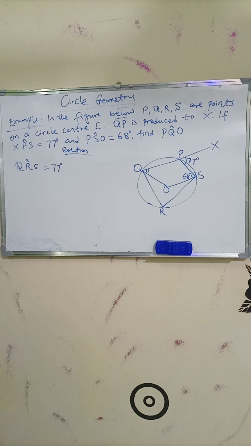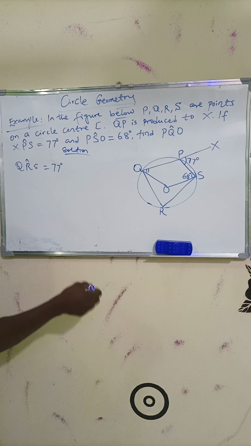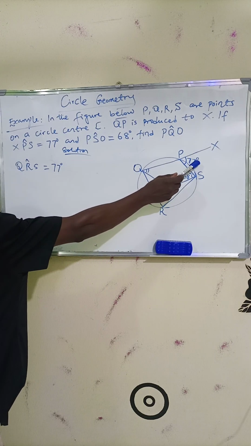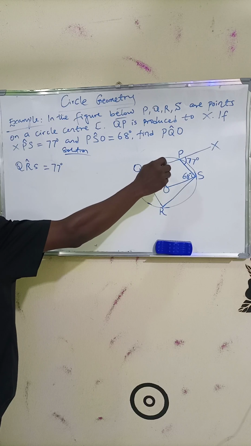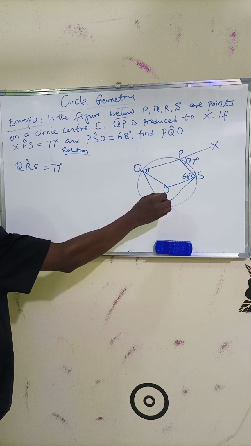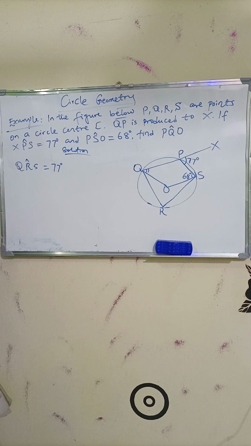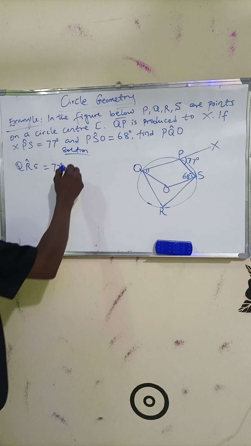So that is the theorem we are going to use. This angle formed as an exterior angle of a cyclic quadrilateral is equal to the interior opposite angle. So that means we state our reason: